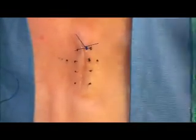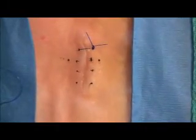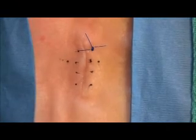Once you have tied your knot, slide it to the side so that it doesn't sit in the wound and impair healing. Next, let's review the indications for